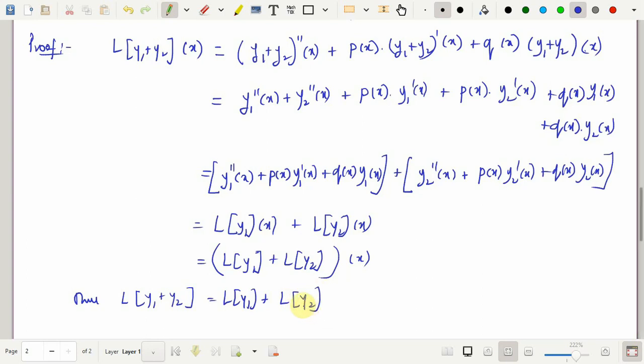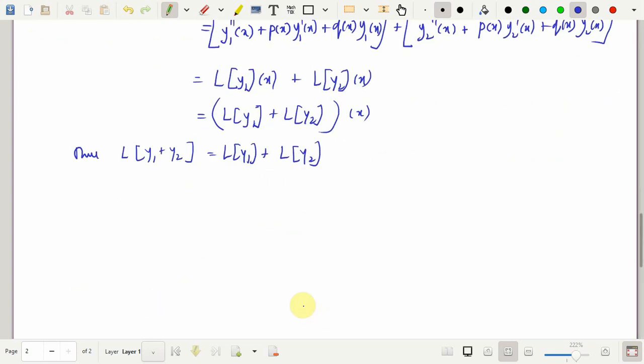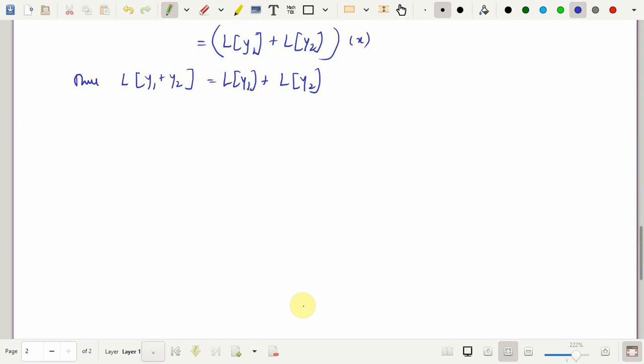So, these two basic properties make the given operator a linear operator. So, these are the properties of a linear operator. Now, from these two properties, we have made certain observations which I would like to note down over here. Observation.